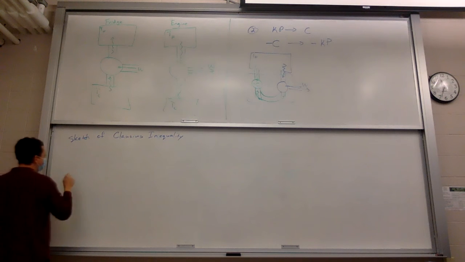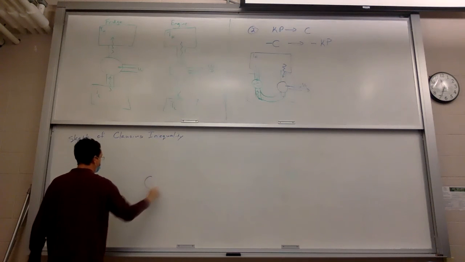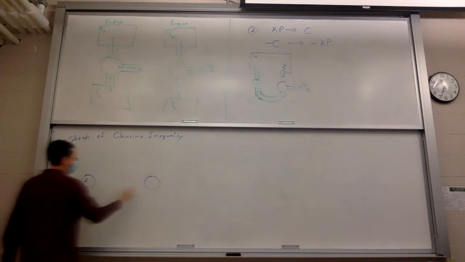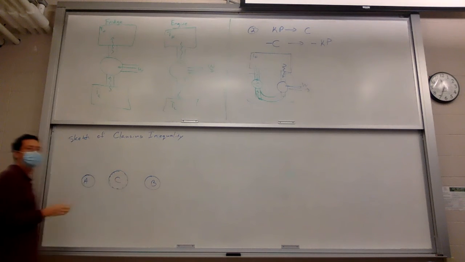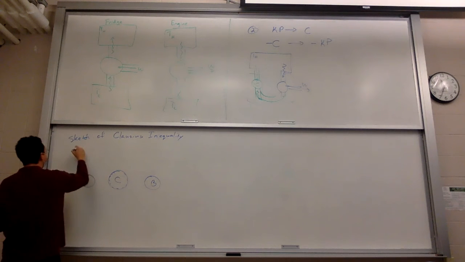Okay, so the idea with this one is going to be that you have two reversible cycles. Put one here. These will be reversibles. I call these A and B. And then let's put an irreversible cycle there. Let's just put dotted lines around. This is a real cycle. Call it C. It's like a real thing.